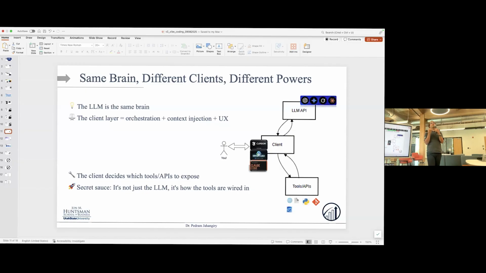So the secret sauce of Cursor versus VS Code Copilot versus Claude Code is here, because the model is the same. Let's say you connect Cursor, Copilot, and Claude Code to Sonnet 4 or Opus 4.1. The model is the same, so why do they behave differently? Are you following? So the thing that I showed you here as well,